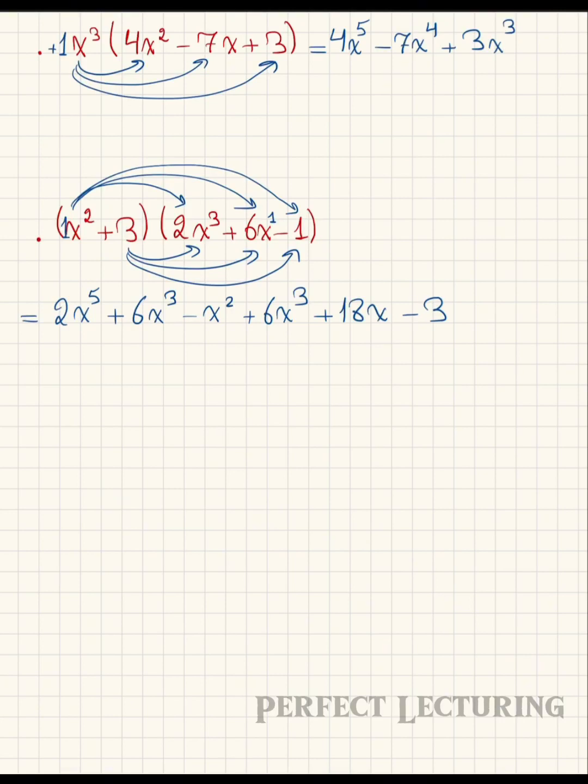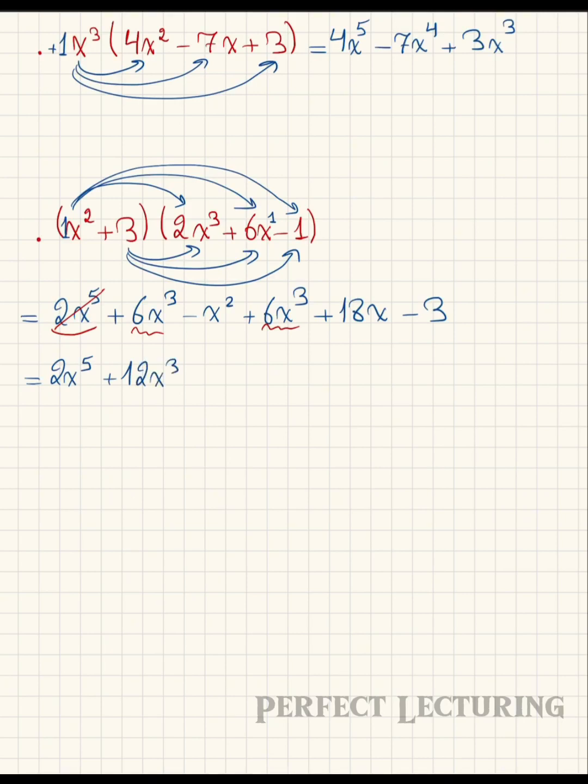We move on to the second step, where we have to check whether there are any like terms to add. We start with 2x to the power of 5. That's the only term which has x to the power of 5, so I copy it. Then I move on to x to the power of 3. We have 1 and 2 terms, so that is 6x cubed plus 6x cubed, that is a 12x to the